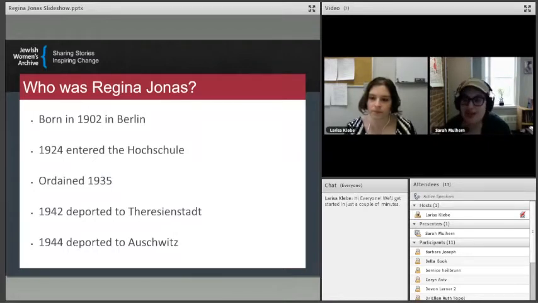And he certified that she had all the knowledge and that she was now considered a rabbi. But that was not the end of the challenges she faced. Even now that she was an ordained rabbi, she could not find a pulpit that was willing to hire a woman. So she continued to teach in the German Jewish school system, which was actually a fascinating and very important